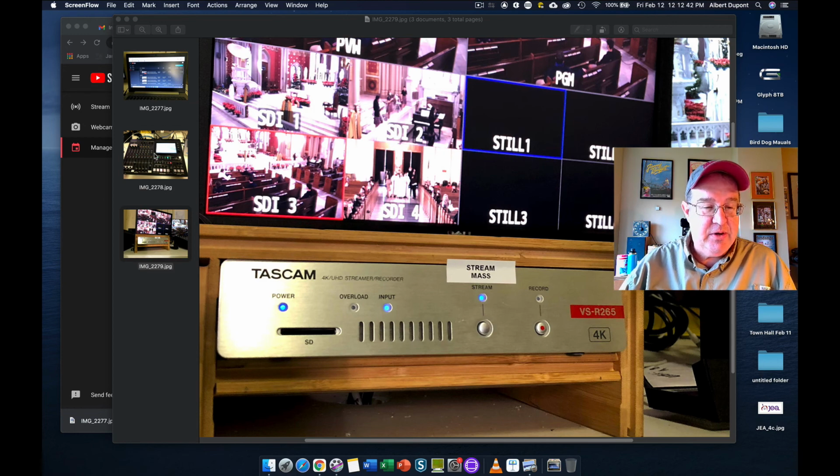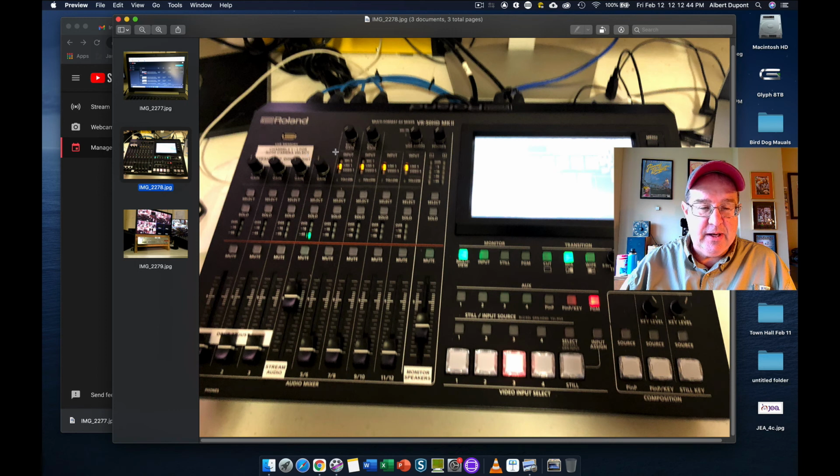So just if you're curious, the system they use is this little Roland in there. I'm sorry, the picture is blurry and I didn't realize it when I took it. This is a Roland automated mixer. So they do 4 cameras actually for their live streams, and the cool thing is it picks up